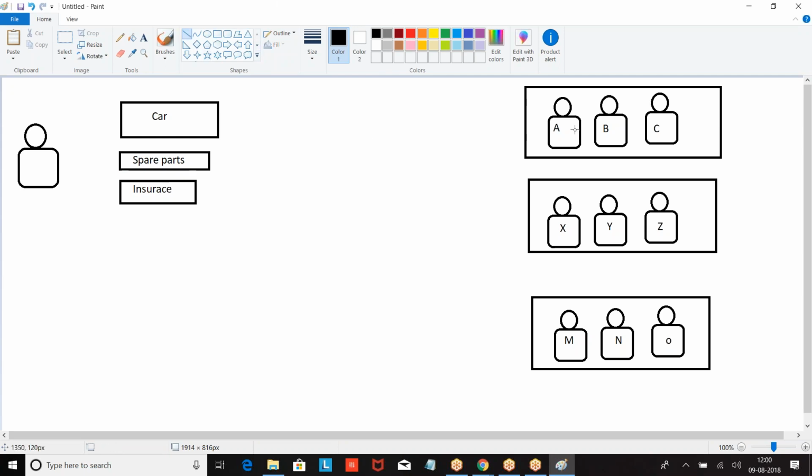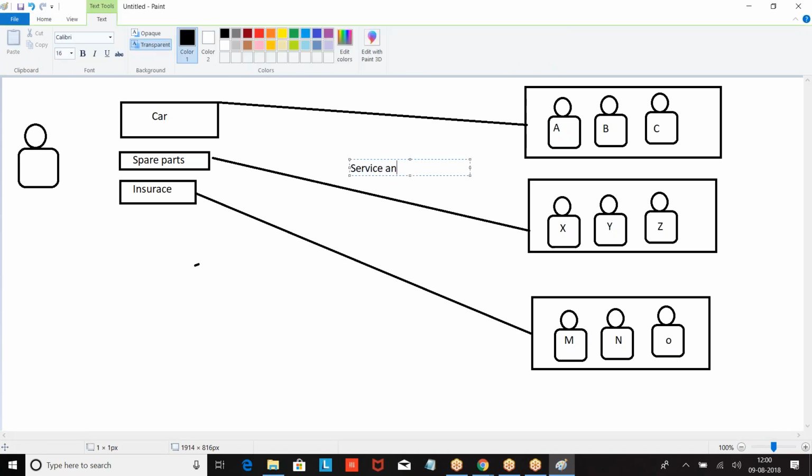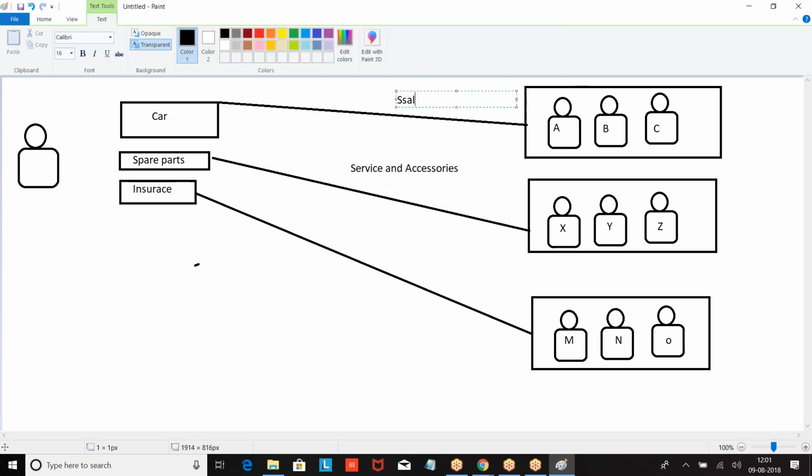This team is responsible for selling the vehicles. These people are responsible for selling the spare parts. These people are responsible for insurance. Service and accessories this team is doing. These people are responsible for sales.